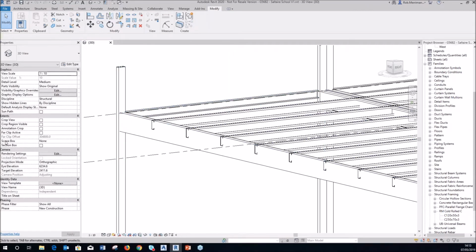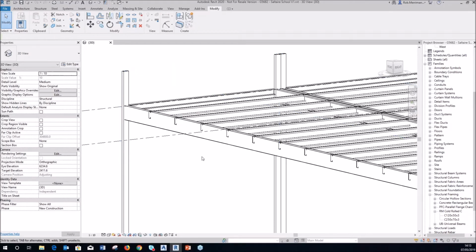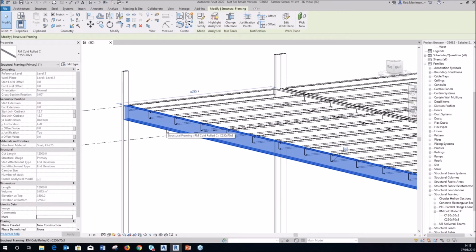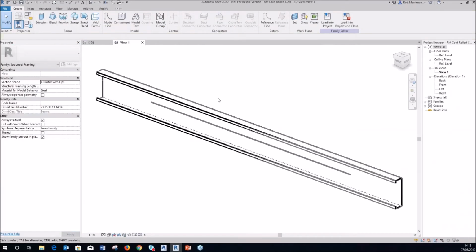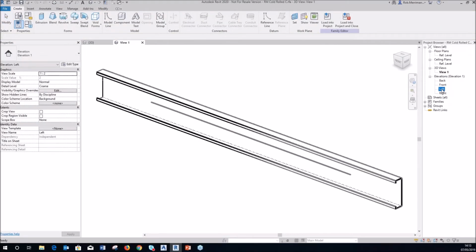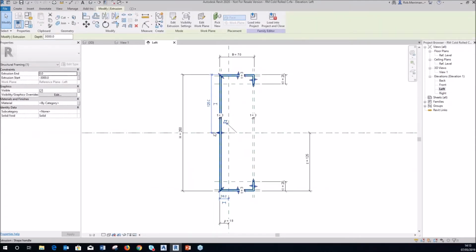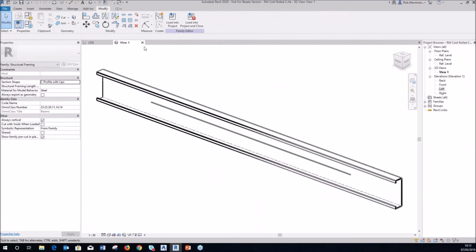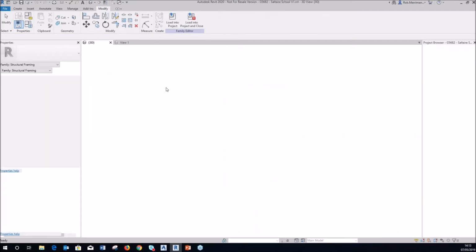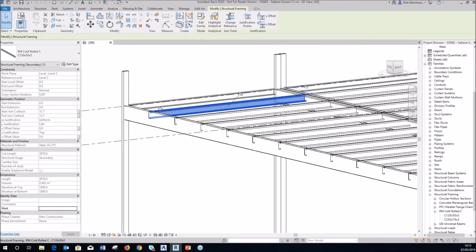So I've got some rectangular hollow section columns, some PFC supports, and then I've got custom families. If we go into this, I've got a cold rolled steel section. If you can see in here, I've created that, going from left to right, I've got my B and my H as I had on the screenshot in the presentation. I think it's a 250 by 70 by 3, and then I've got a 120 by 50